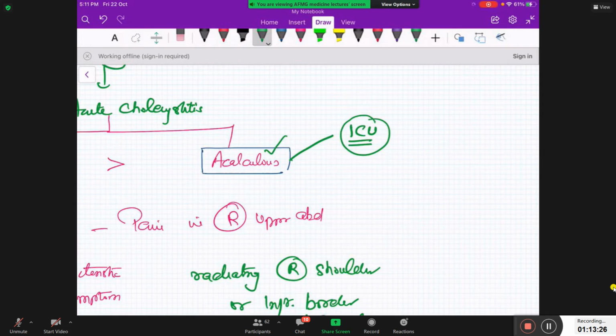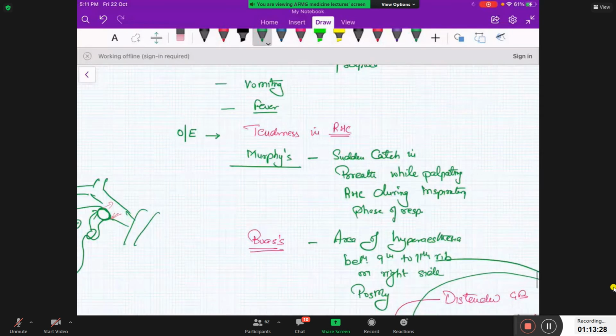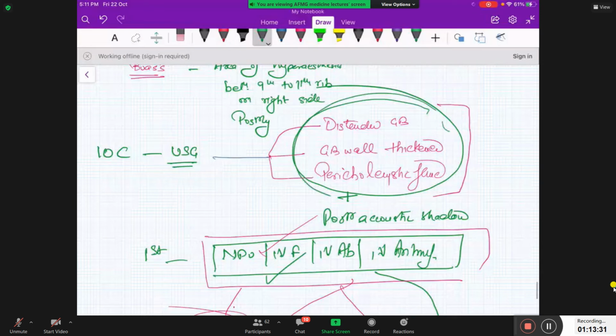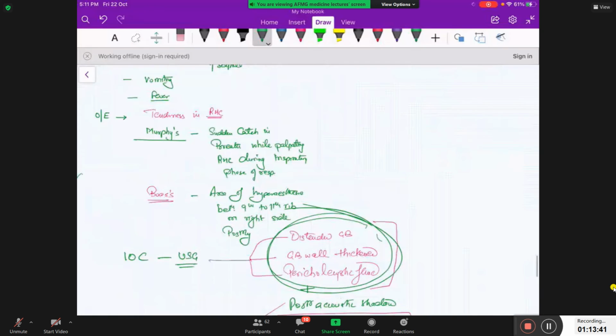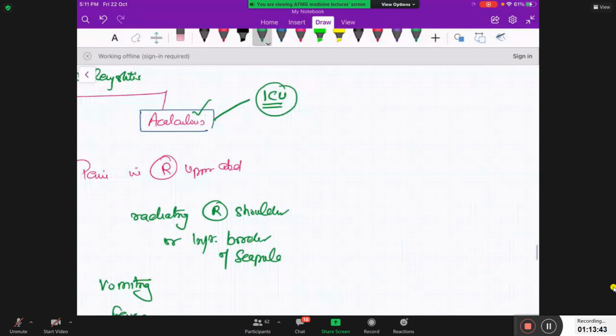When the ultrasound of that patient was done, you found this. If this profile of the patient is there, you can make out that this is acalculous cholecystitis. And the treatment of acalculous cholecystitis is immediate